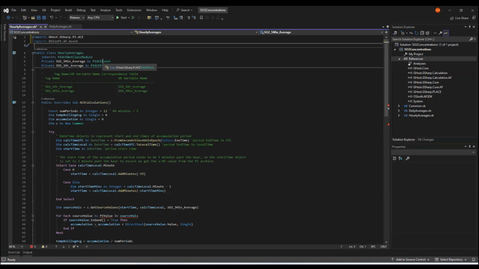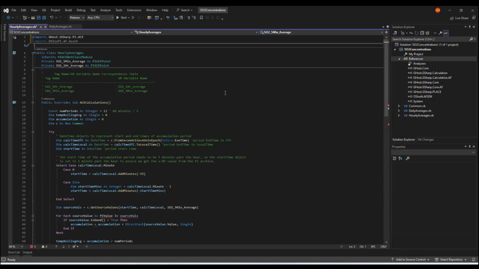And this is that compatibility layer that we spoke about, where we've re-implemented the PyAceNet module class using AFSDK. So all of the public methods and properties of PyAce point plus the PyAceNet module and the PyAce built-in functions, all of those have been re-implemented.